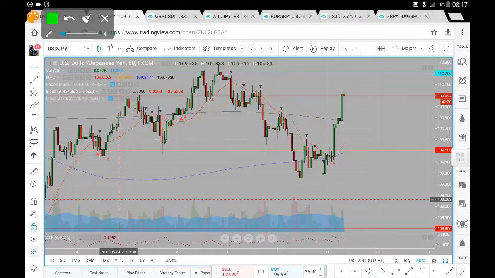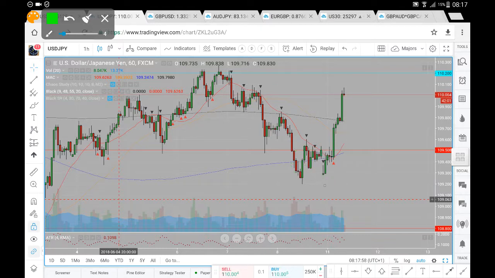It did hold as resistance, and we did see that sell side momentum take us through the 109.50 and trade all the way down towards that 109.20. We didn't quite get down towards that 108.80. From this 109.10, where we actually traded down towards 109.20, we've had a move up towards this 109.50 consolidation before seeing a